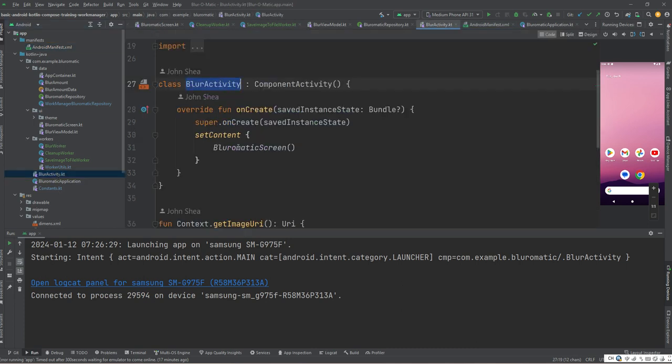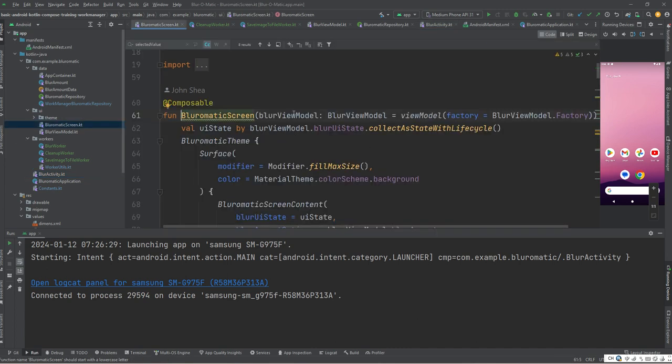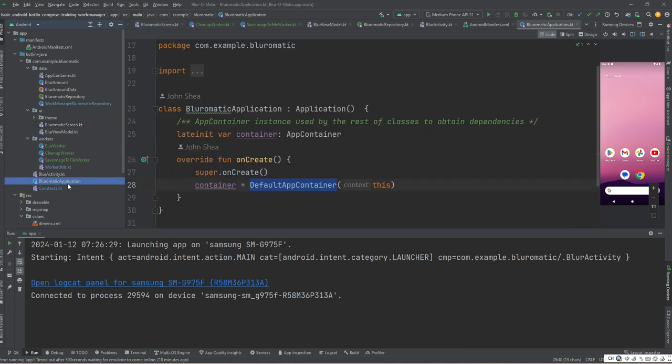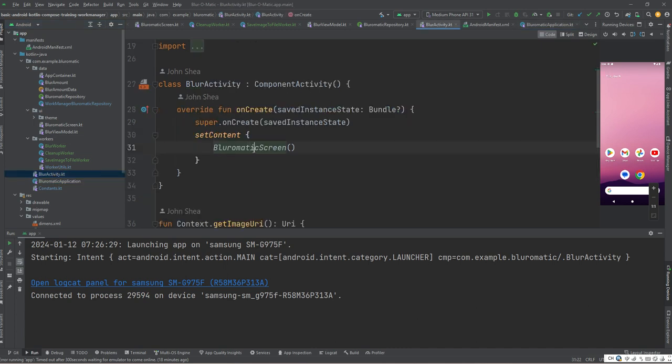So this is the main activity, and it has the screen, the WorkManager screen, in the grid. So this is the entrance. The screen has a parameter, it's a WorkManager view model. So we have to make clear, the application initializes the container. It initializes the repository, but the activity